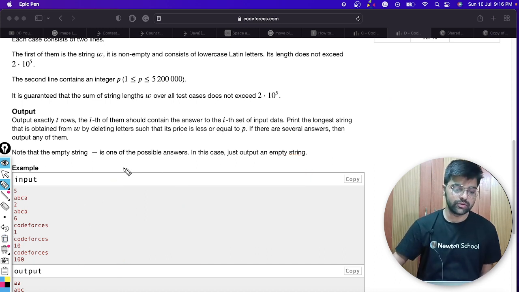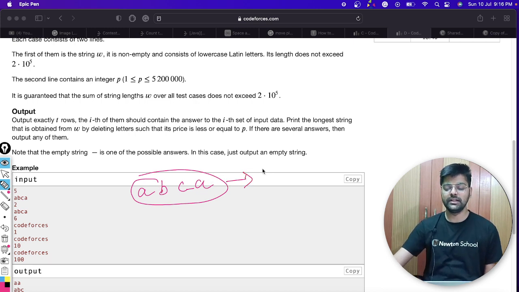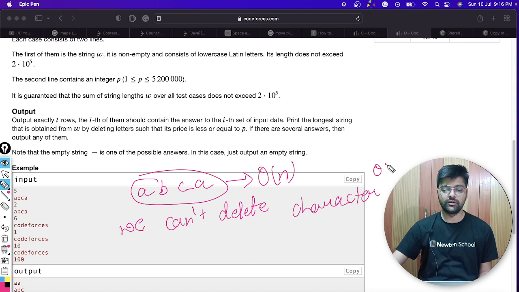We also need to find the positions. Let's say we have A, B, C as the initial characters. If we delete any character from this string, it will take order n time, so we cannot delete characters one by one.